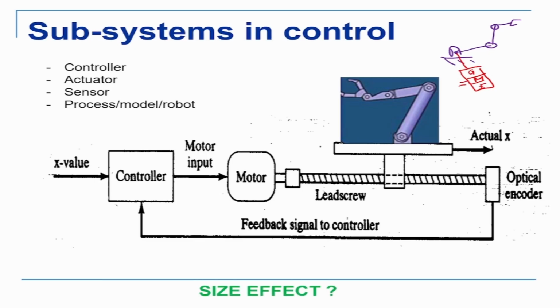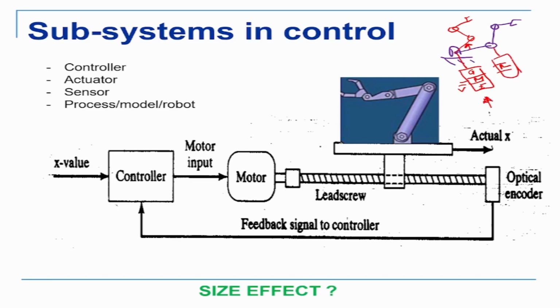You give voltage to the motor, it rotates, and it goes from one position to the desired position. So basically the controller must know how much to rotate the angle to take it to the desired position. Now at every joint there is one sensor and actuator pair like this. So on the other joint there will be one more.